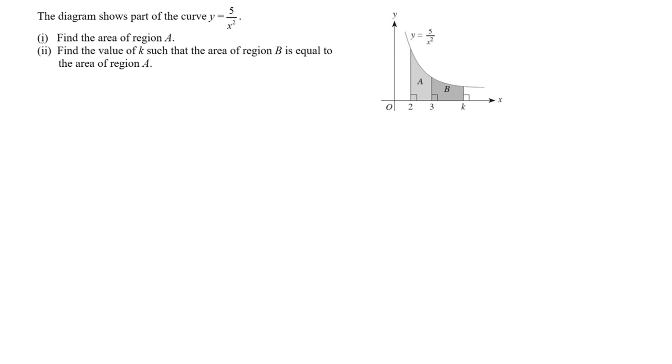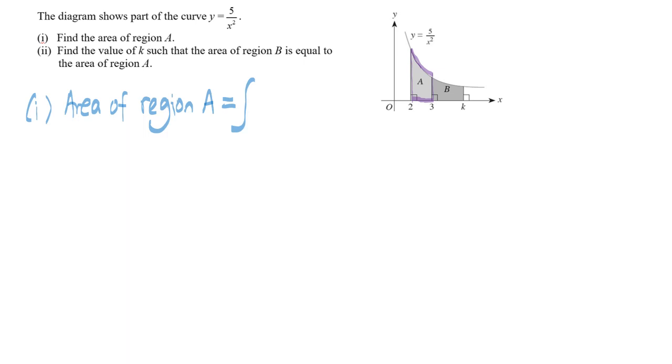Another example, right, in part 1 you're supposed to find the area of the region A. So let's check how it is being bounded. So it's bounded by the curve, by the two vertical lines, and by the x-axis. Okay, so if it's bounded by the x-axis, then the limits that we'll be taking will be from the x-axis. Right, so for part 1, area of region A will be equals to,